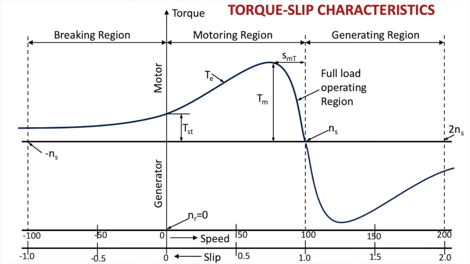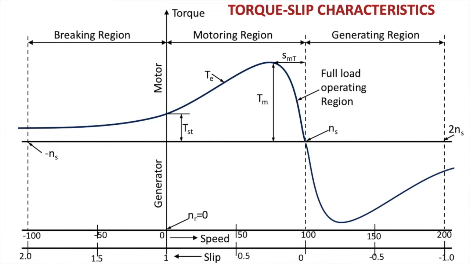This is the torque slip characteristics. Over here, when the machine is acting as an induction generator, it will be the generating region which will be taken into consideration, and over here the slip will vary from 0 to -1, while the operating region is again the straight line portion, and further if you increase the rotating speed of the induction generator, it will come into the unstable region. So it's very close to the synchronous speed, but above the synchronous speed it has to be rotated by the prime mover, and then the machine will go into the generating mode and it will draw the reactive power from the system but deliver active power to the system.